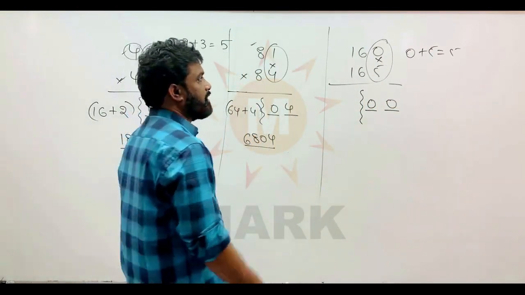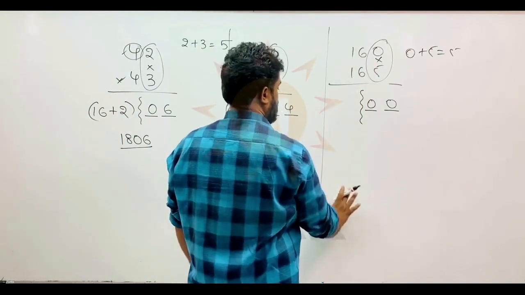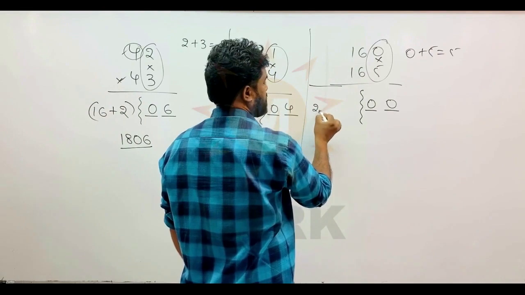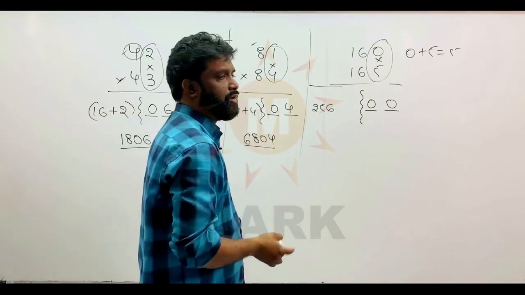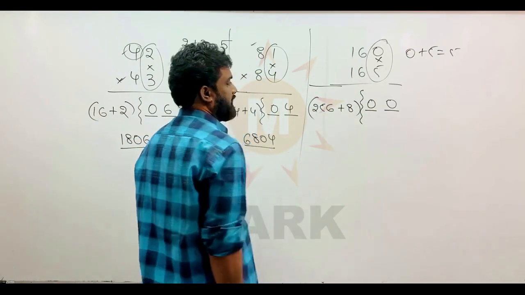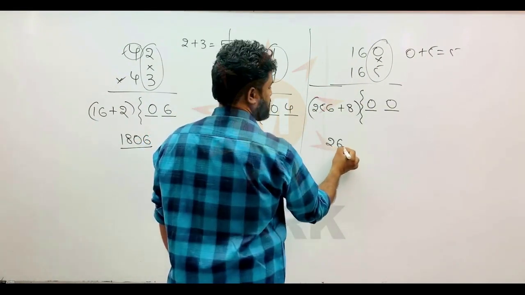That is the rule. Now my dear friends, we have to write the whole square of 16. What is the whole square of 16? First you have to write the whole square of 16. 256 is 16 whole square. And what is half of 16? That is 8. So how does it go? This is 26400.